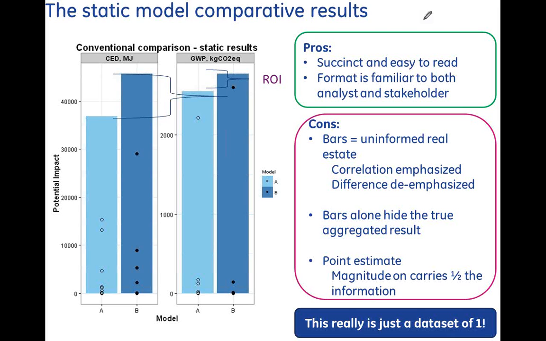And I've superimposed dots on these bars. The reason I did that is to remind us that when we show bars like this, they represent a single point data set. These points represent the substances that are aggregated to form the actual contribution to each of these impact methods. So after the aggregation, you're left with a single number, compared against another aggregated single number, on which to make a decision. You're missing half the information.